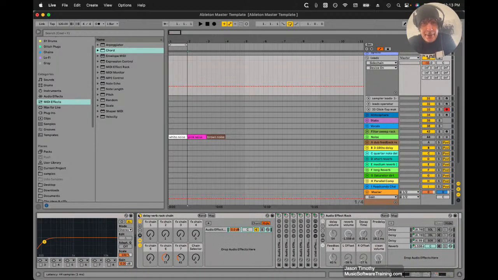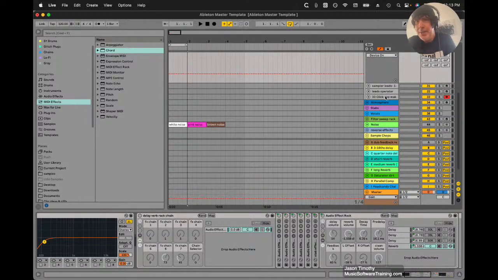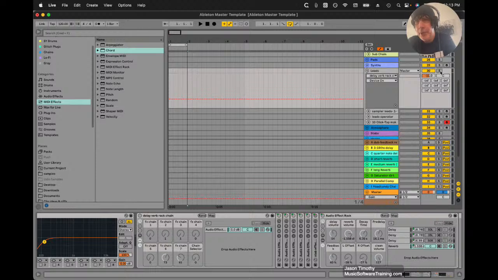I could just turn it off for now. But yeah, loads and loads of stuff that you can do with the effect rack. But yeah, just when you have that going on with a lead,